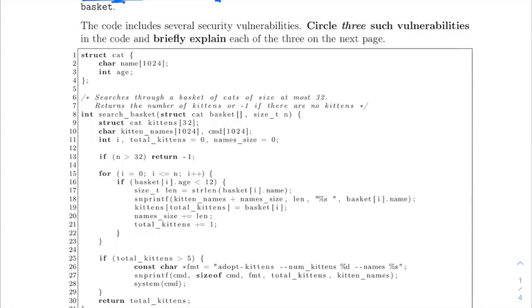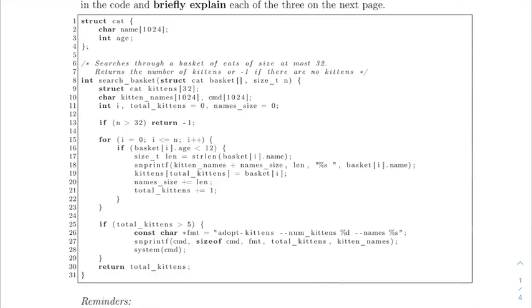Circle 3 such vulnerabilities in the code and briefly explain each of the 3 on the next page. Cool. So before diving into the code itself, some of the things to keep in mind when you look at these problems are some of the vulnerabilities we discussed in class: buffer overflows, stack smashing. You may have formatting errors with strings, so like with printf, certain formatting syntax may lead to unwanted behavior. You could potentially have errors due to incorrect evaluation of different numerical types, so unsigned versus signed is something that